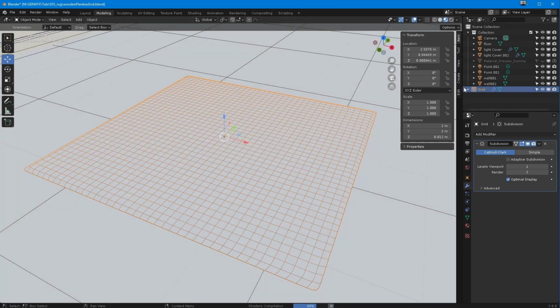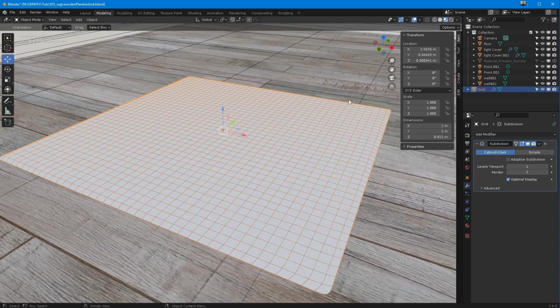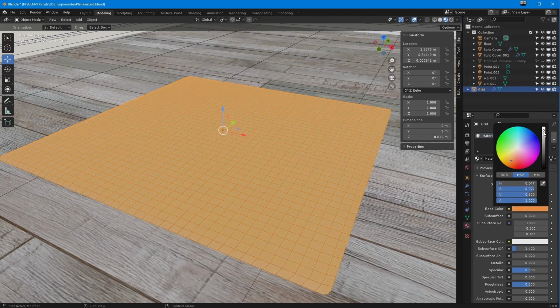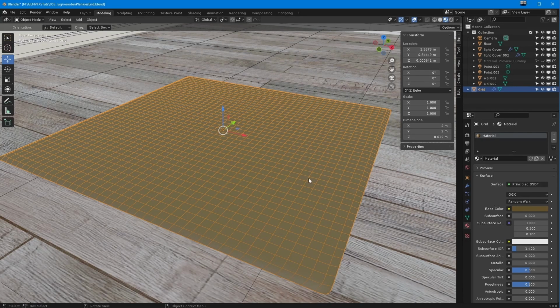So we're in Workbench, so let's shift across from Workbench to our Eevee renderer. And in here, I'm going to very quickly throw on a shader. So let's create a shader in here. It's Principal BSDF, that's fine. And let's make it a rough, Hessian-y kind of color, because most carpets underneath